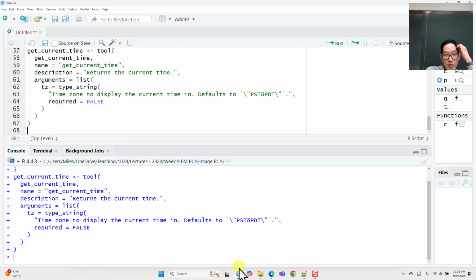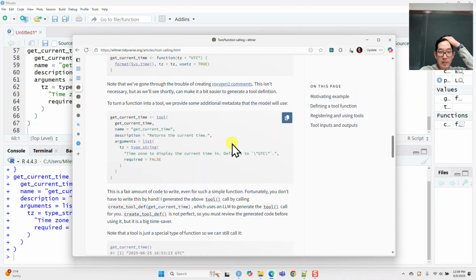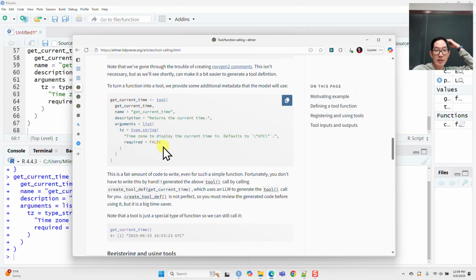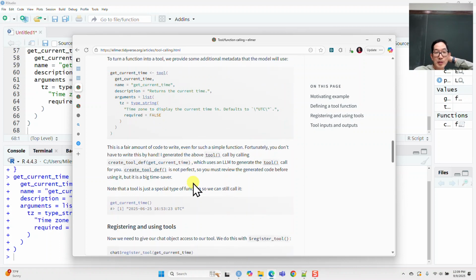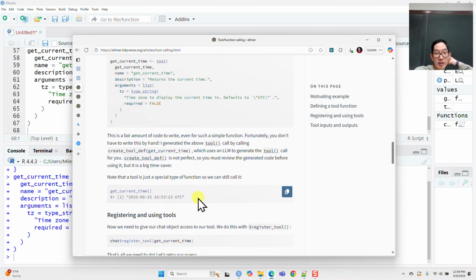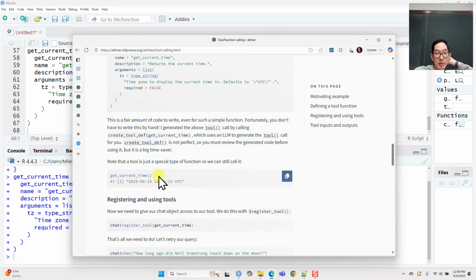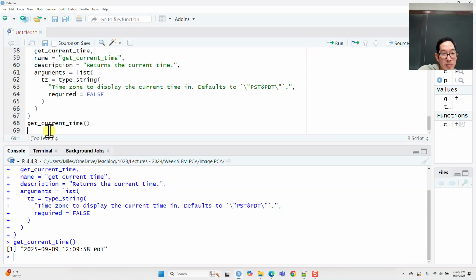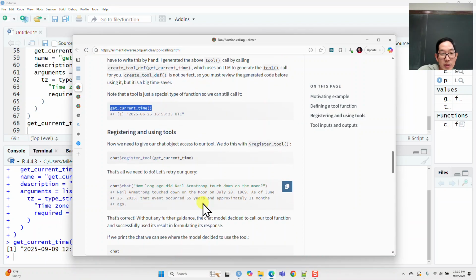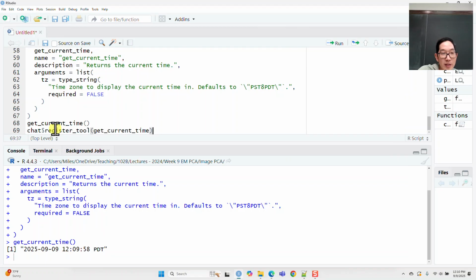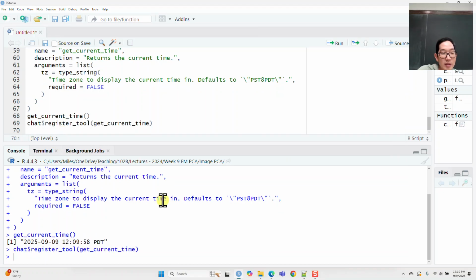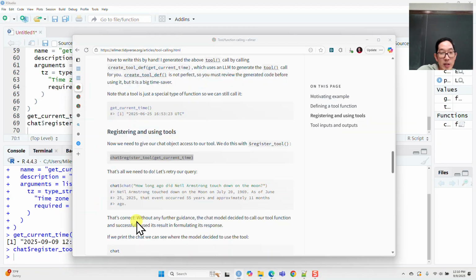So this creates a tool here. It says this is a fair amount of code even for such a simple thing. Okay, but it's just a special type of tool, and so we can still call it. And yeah, it's still working. Okay, so we register the tool with our chat for get current time, and then now